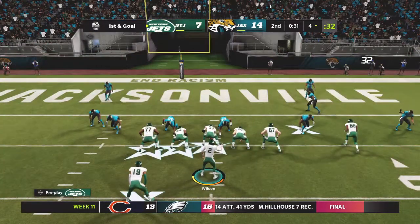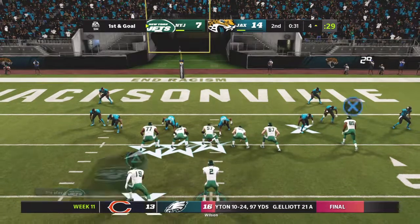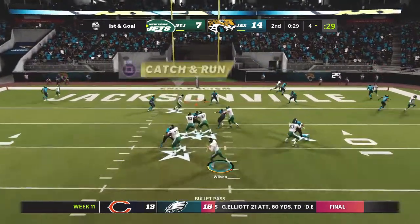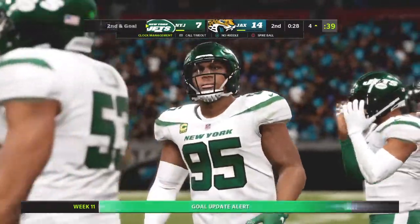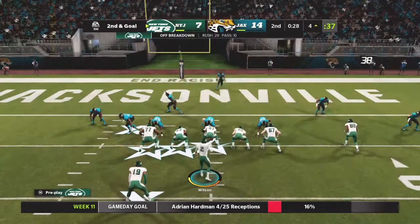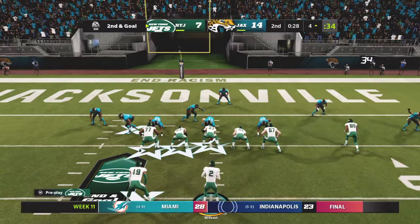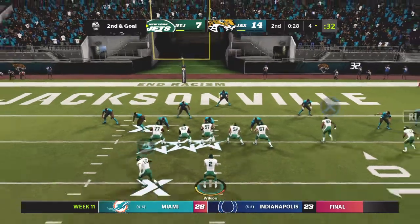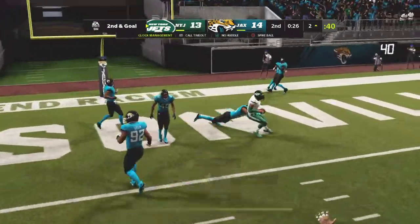A chance now to get even before the break as they come up first and goal. Here's Wilson. Toward the end zone, but that's going to wind up incomplete. He did a fine job there of not hitting it before the ball arrived, and I've got to tell you, you can often mistime that play because of the angles of approach. When you're going to get him, sometimes you panic as well and think,